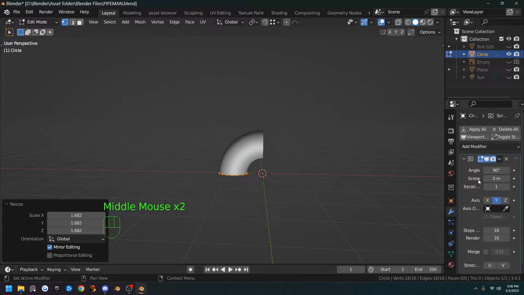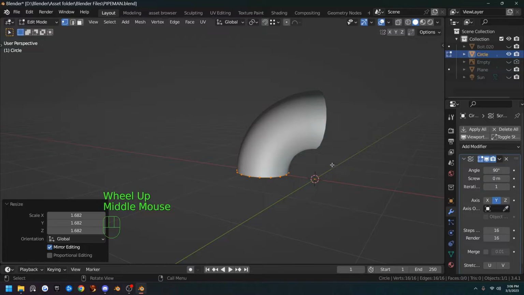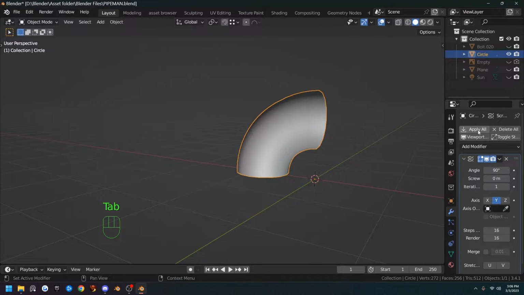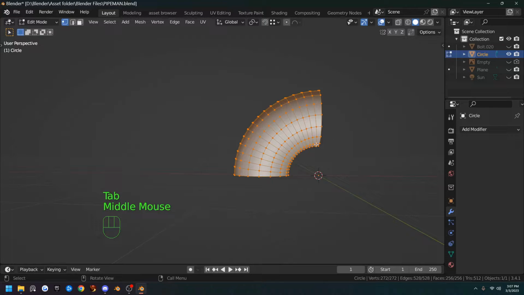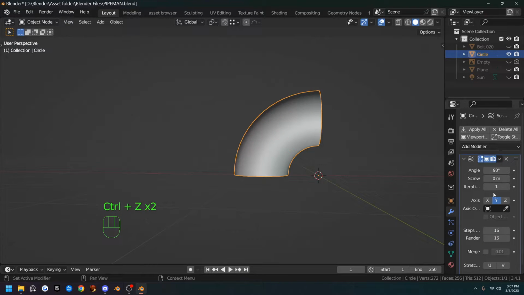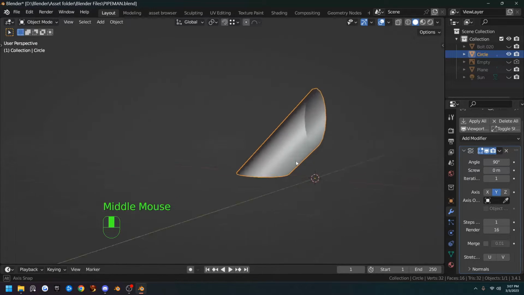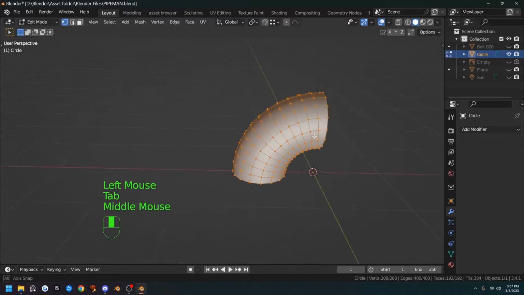So you can do a lot of stuff with this, and it's probably the better way to make the object that I was trying to make before. So you can go ahead and tab in object mode, go ahead and apply your modifier, and now this gives you the geometry here. And if it's too much geometry, you can back up and go down to the steps and take them down, and you can see that if I go to 1, it turns into an angled pipe there. And take it up to like 8 or 12, and then apply that,